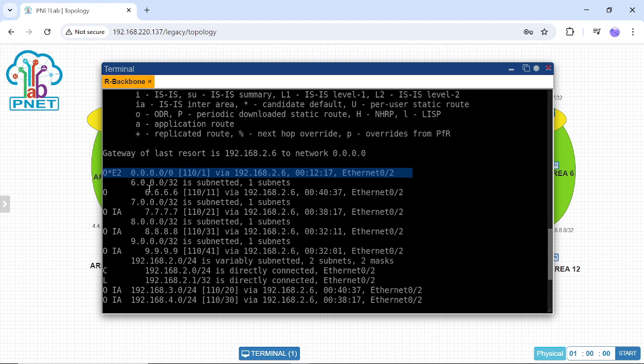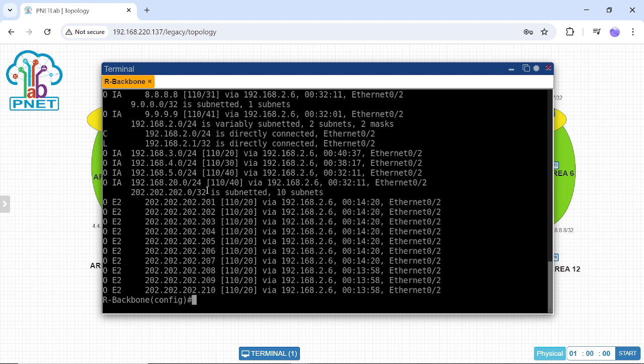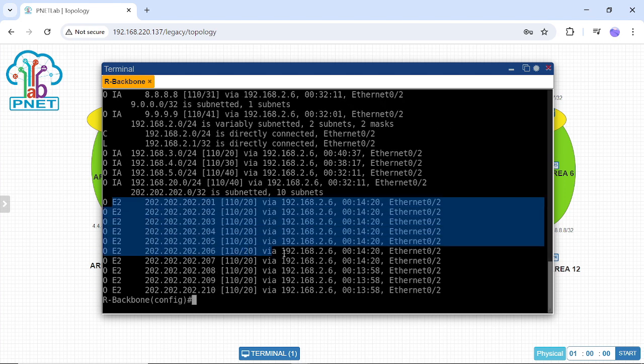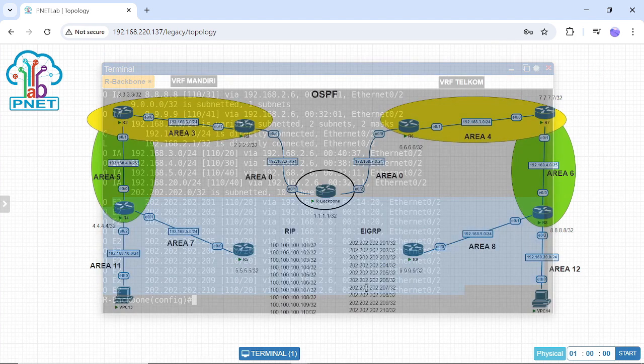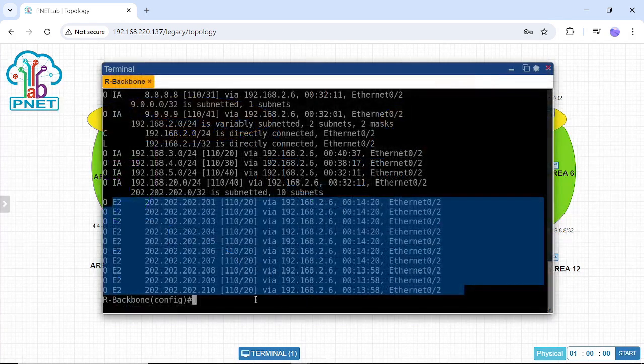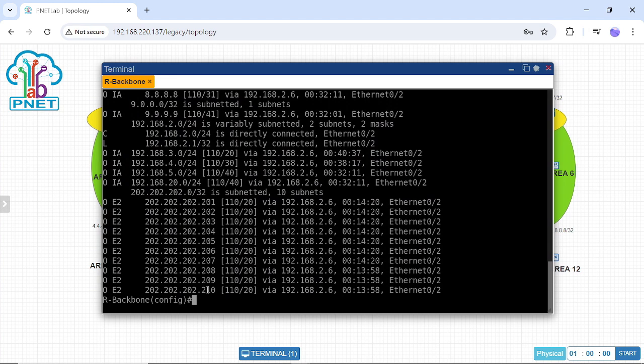I have already set up the configuration for EIGRP 2, with IPs 200.1 until 200.10, until 210.